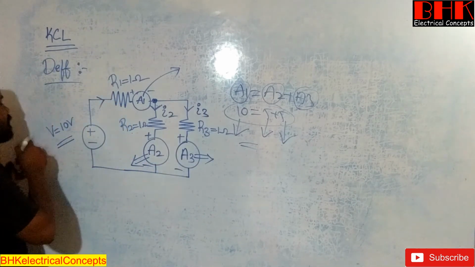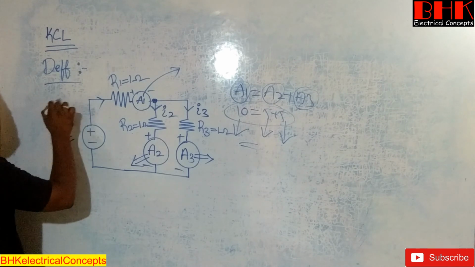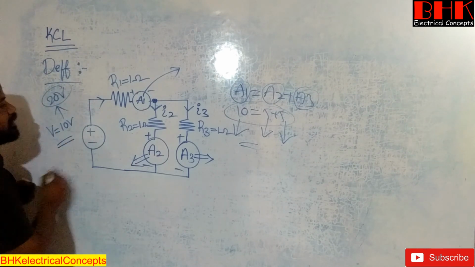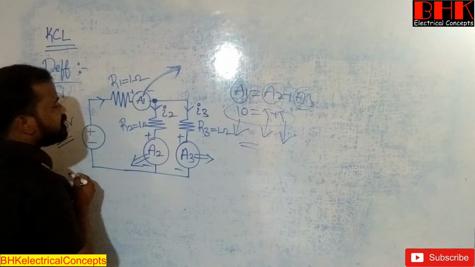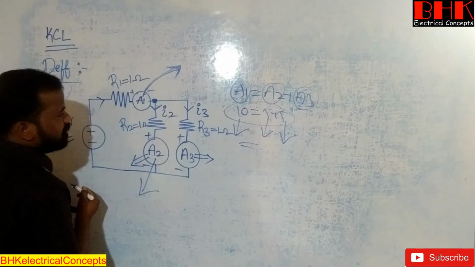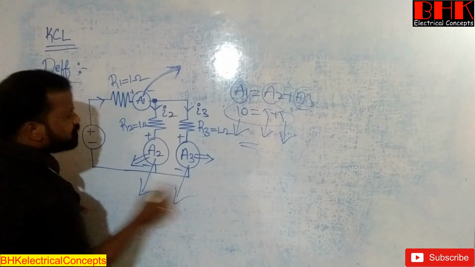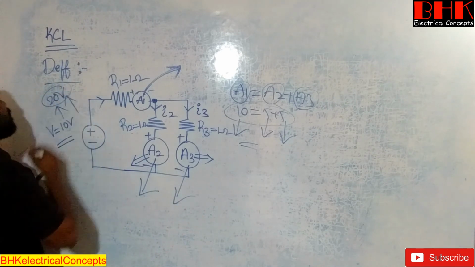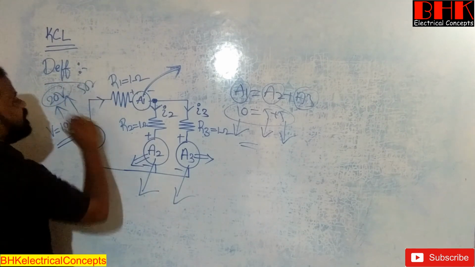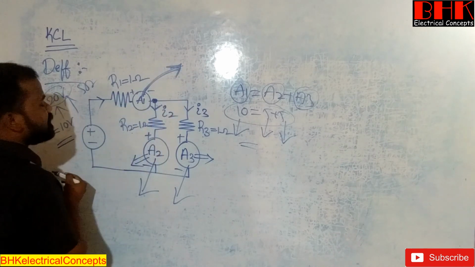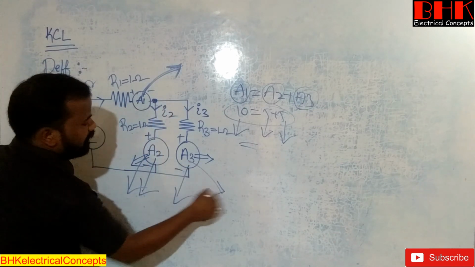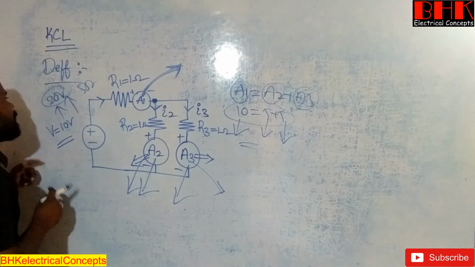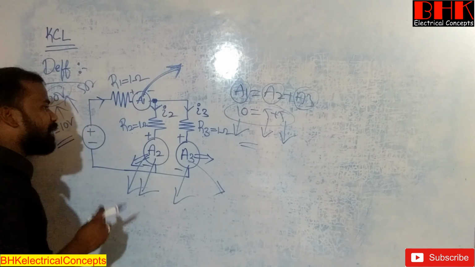Okay, if suppose I want to change the value of applied voltage to 20 volts, then the value of total current will change. So if the value of total current changes, definitely the value of current flowing in R2 changes, and also R3 changes. Again, increase the value of voltage to 50, then the value of total current will change here. Again the value of current will change in A2 and also in A3. Like this we need to conduct Kirchhoff's current law in practical way.